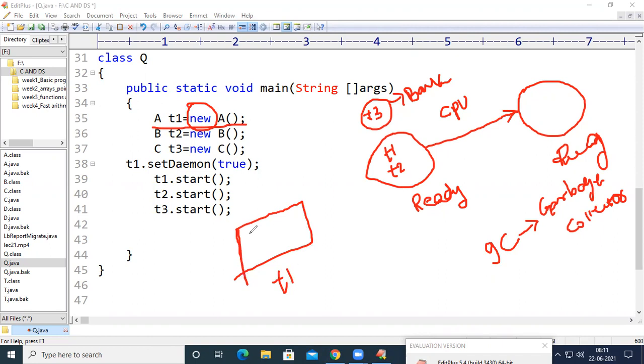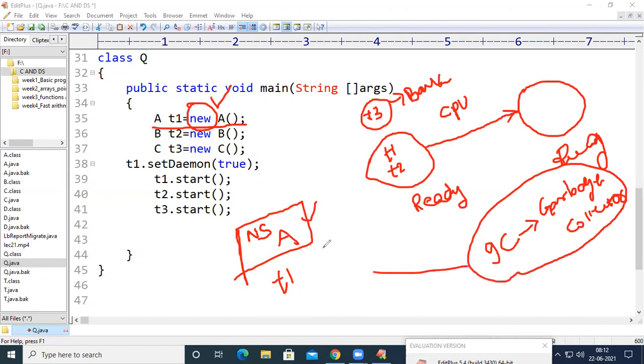Inside this T1, the non-static variables and the non-static methods of class A are going to be stored. So this creation of memory is done by using the new keyword, and after the successful execution of this block, or if the execution is completed, this garbage collector is going to delete this memory automatically.